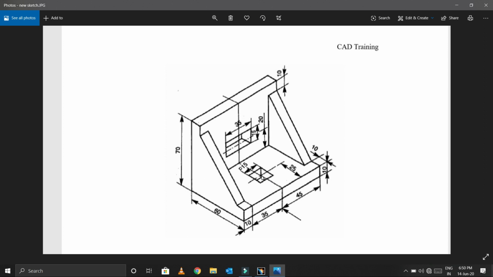Now I am drawing this base rectangle first, and this base rectangle has a length of 10 plus 35 plus 45, and it has a width of 10. Observe carefully, this arrow represents the side from which we are viewing this diagram, so our front view is this side. This is the length of the rectangle, this is the width, and this is the height, which is nothing but the pad length. 60 is the pad length. The length of the rectangle is 35 plus 45 plus 10, and the width of the rectangle is 10.